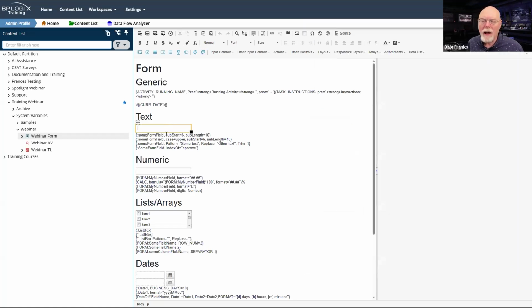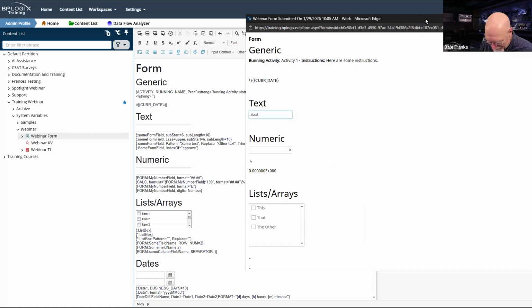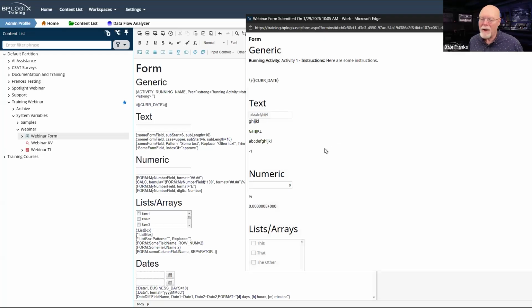All right, so now let's take a look at this string here. And I'm just going to put in A, B, C, D, E, F, G, H, I, J, K, L. I think that is enough there. And I'm in design view. That's not the form. Working there is not going to help me. We need to work here in the actual form itself. So let's try this again. A, B, C, D, E, F, G, H, I, J, K, L. And we'll tab out of that.